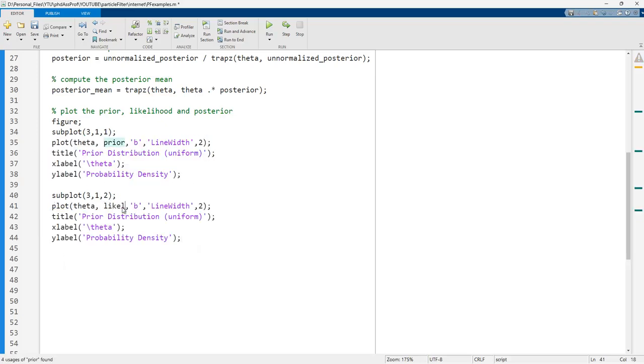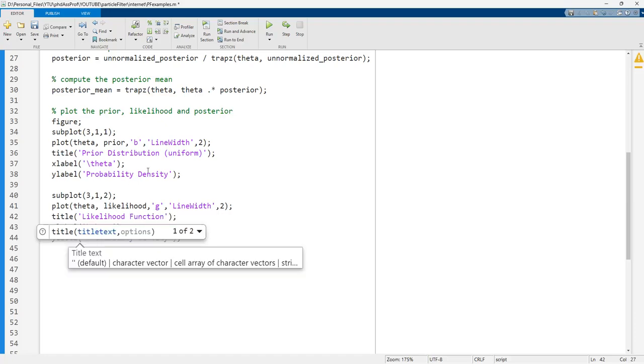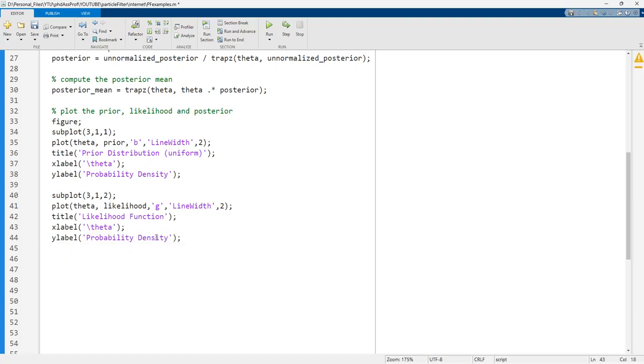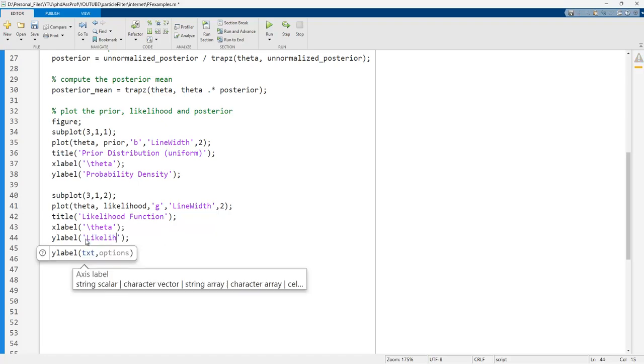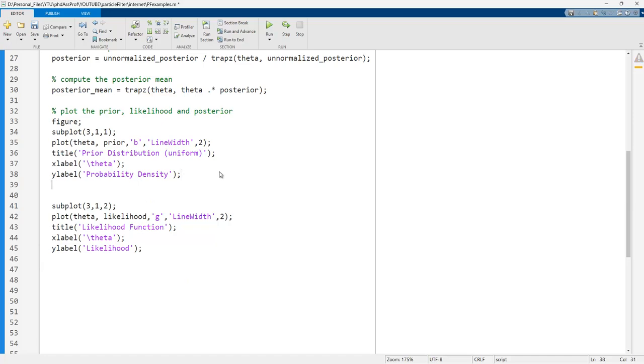Theta, this is the likelihood, this is green, and this is the likelihood function. This is also theta, and this is the likelihood. Grid on must be set here,